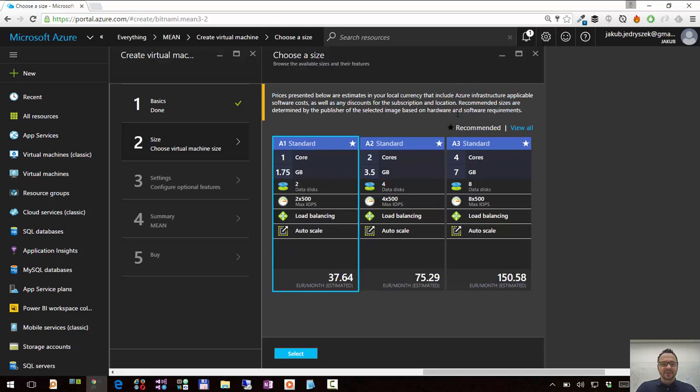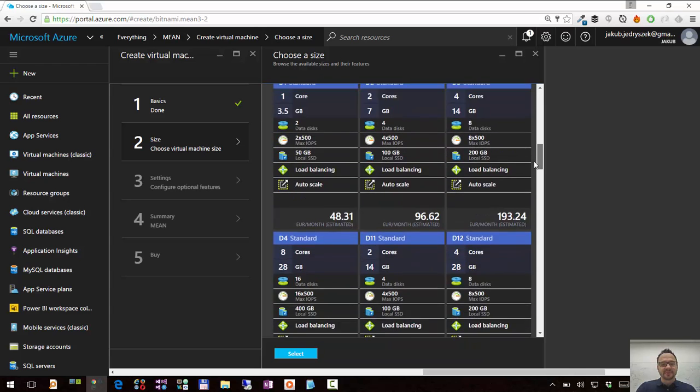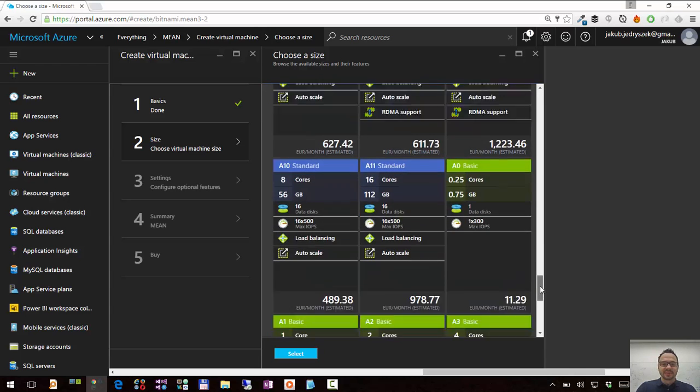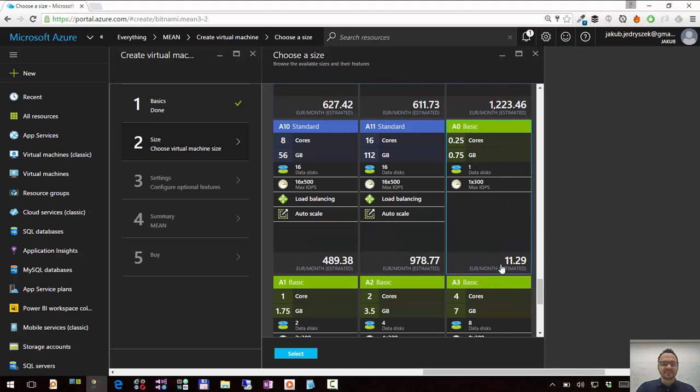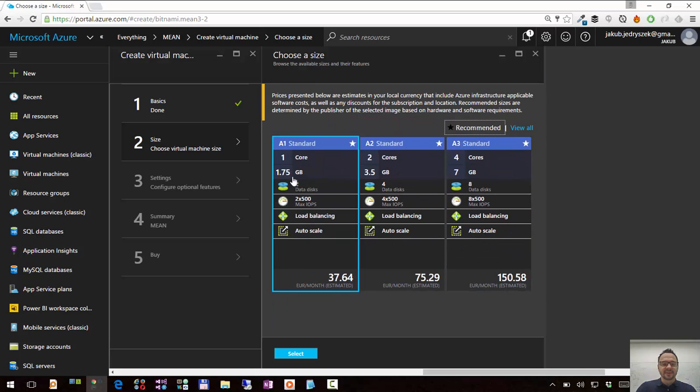By the way, here we show only recommended sizes by default, because if you click view all, you will have all possible sizes, and there's a bunch of them. So you can go as small as A0 basic, which costs only 11 euro, which is around $11 now. But I will go with A1 standard. I'll click select,